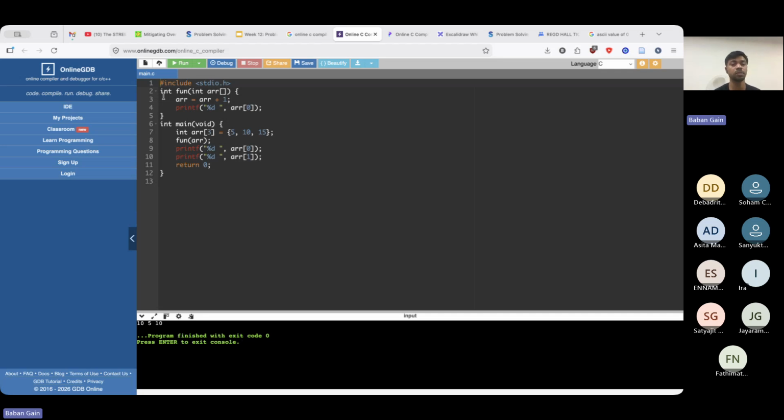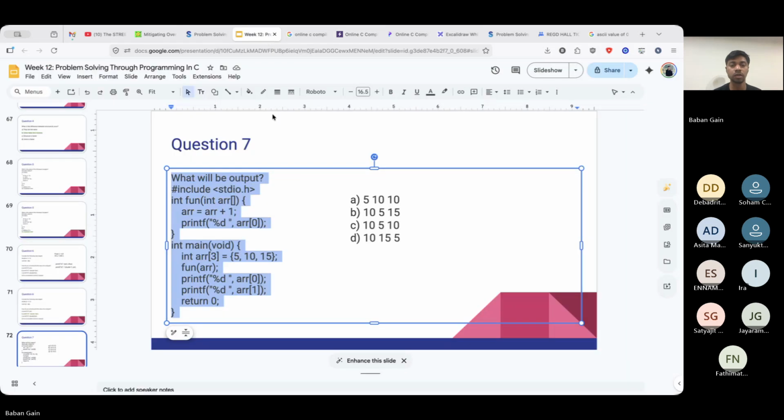So basically what is happening here is that initially the address of the array is 5. At this place, I am changing it with array is equal to array plus 1. So it is going to the next address. So array here is now 10. Okay. So if I print it here, then